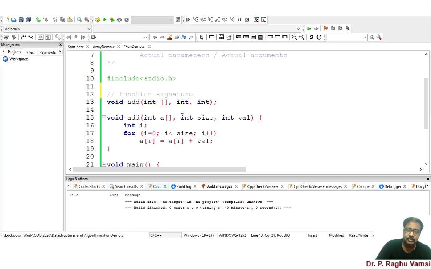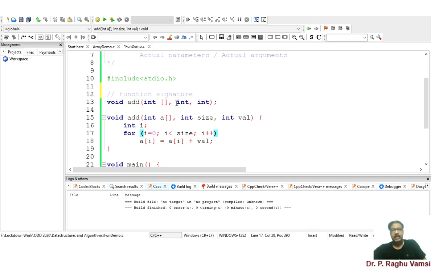Next is integer. This integer is especially for the size of the array, and this integer for some value that I want to add to elements in the array. Now we are going for the function definition. That means whatever the return type, function name, and the parameters that you supply during the function declaration must match with the function definition.